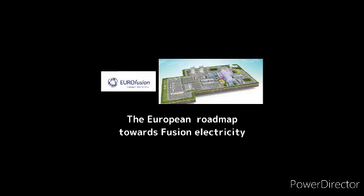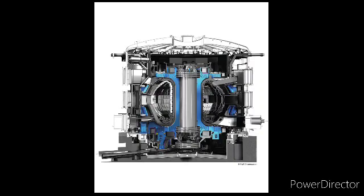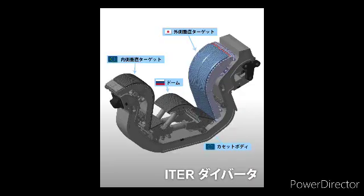European Roadmap towards Fusion Electricity. Number 3. Developing plasma regime of operation for ITER and DEMO. Achieving power from fusion requires the confinement of a high-performance plasma at high enough density and temperature for a long enough time. However, at the same time, any instabilities and transport processes that might arise in the plasma must be